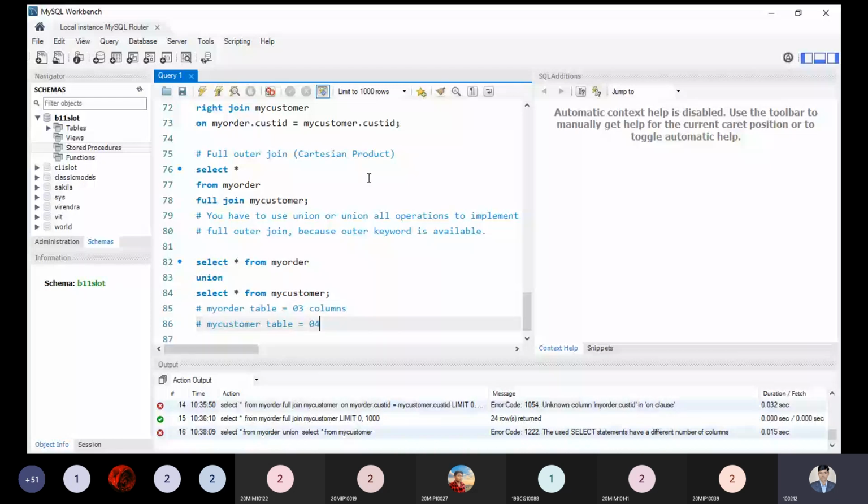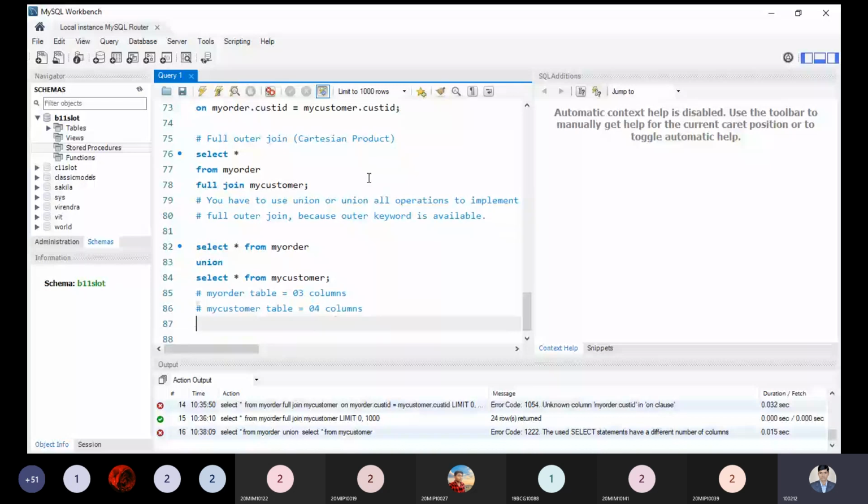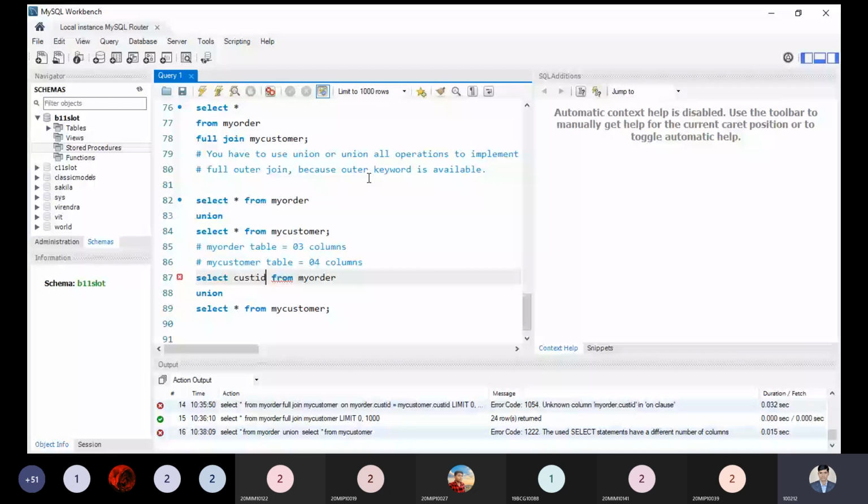This is the problem we are getting over here. So how to resolve this problem? You have to use the appropriate attribute name. So I'm choosing only the customer ID, which is common. To understand it, you can choose any one of them.